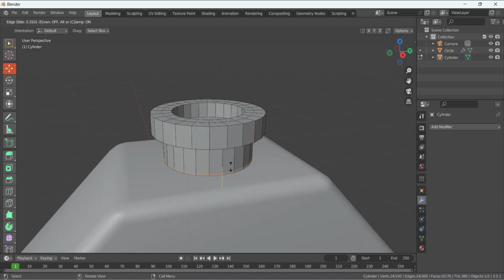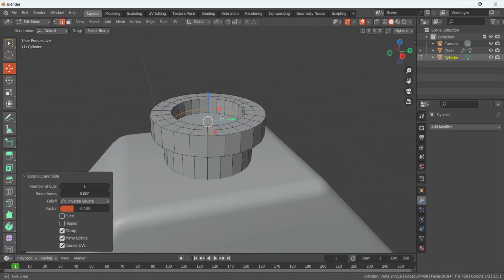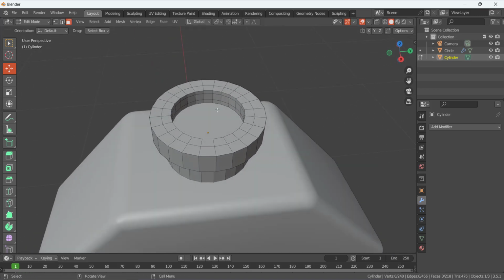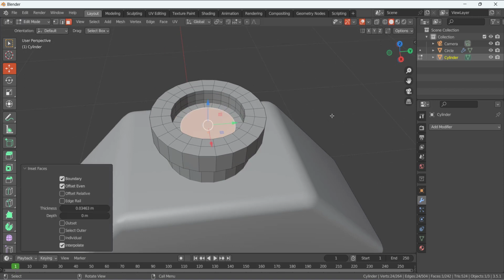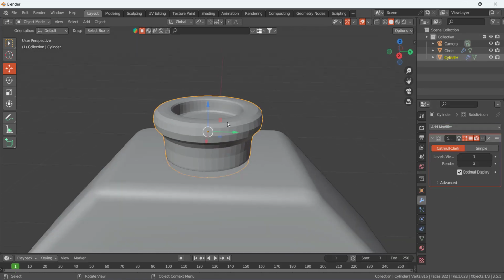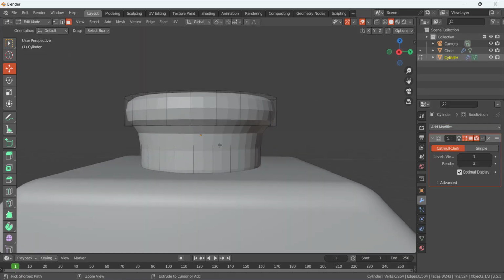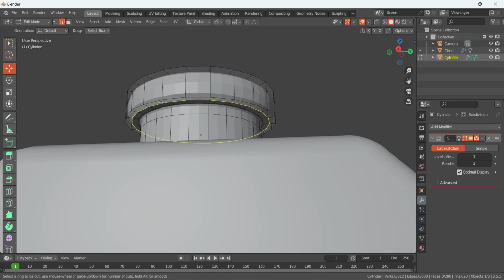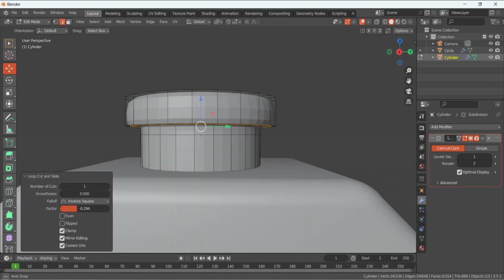and Ctrl R, add a loop in this point, select this one, add a loop in the middle, add a loop here and place it here, press 3, face selection, press I like that. So we added all of these loops because we are going to add the subdivision surface. So we have this one, Ctrl R, add a loop here, add more geometry, Ctrl R, again Ctrl R like that,